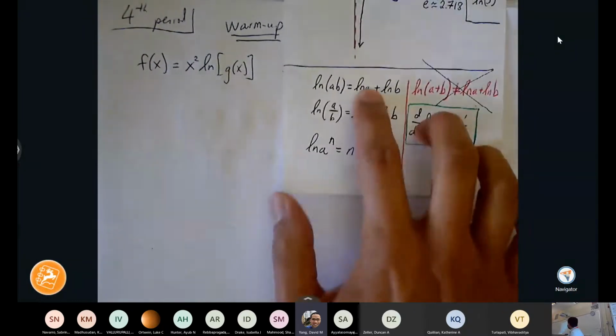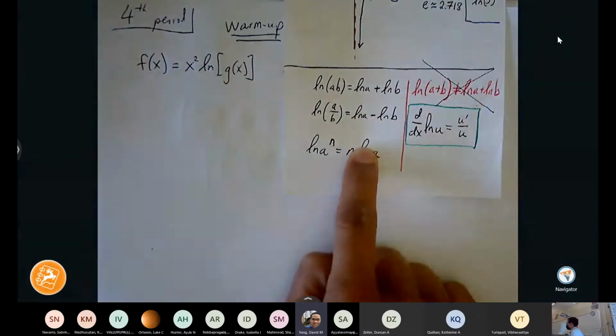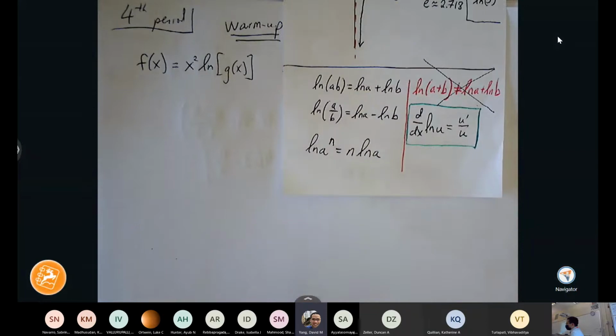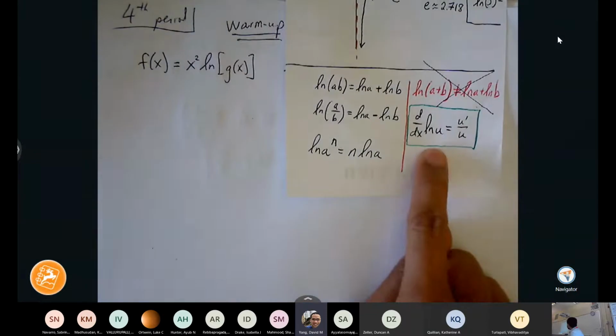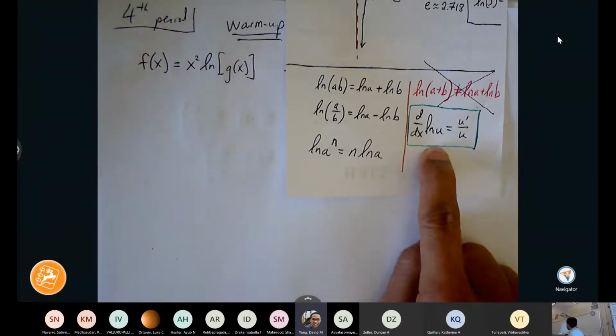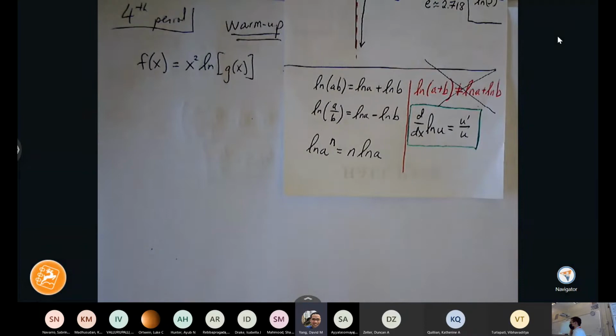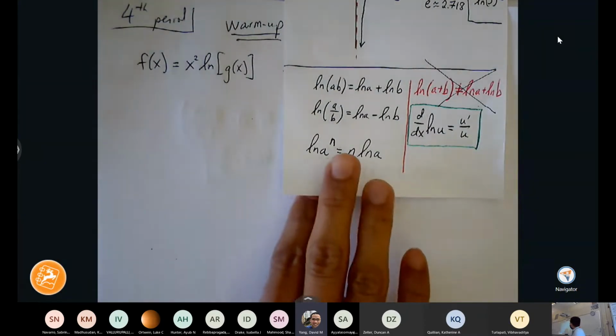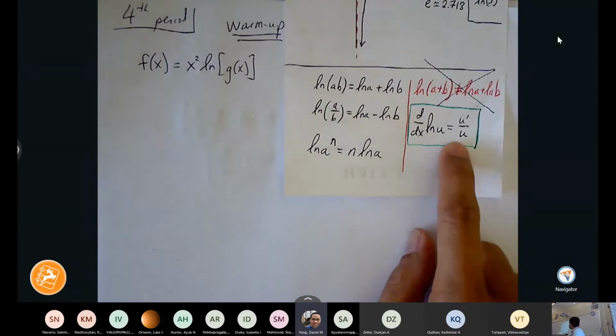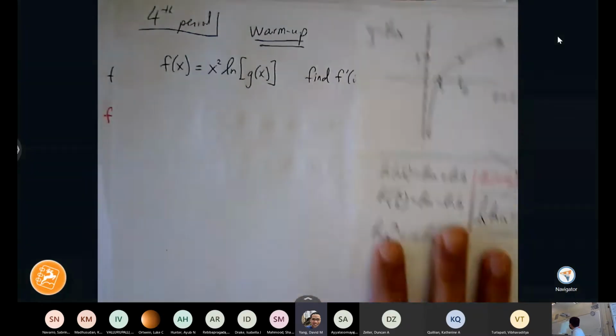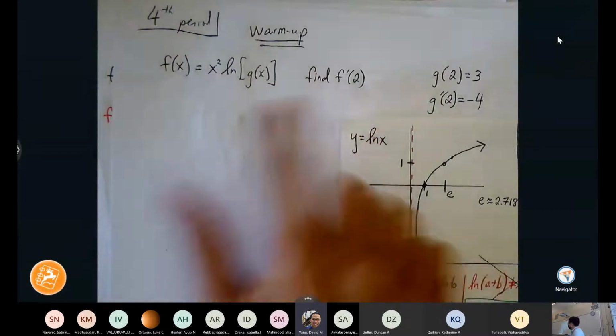Friday we talked about how we can expand natural log problems to the point where our derivative rule will be manageable and easy to apply, rather than having to deal with messier quotient, chain, and product rules. So we're going to mainly approach it by involving this natural log of u derivative equals u prime over u. But first, if I want to find the derivative,